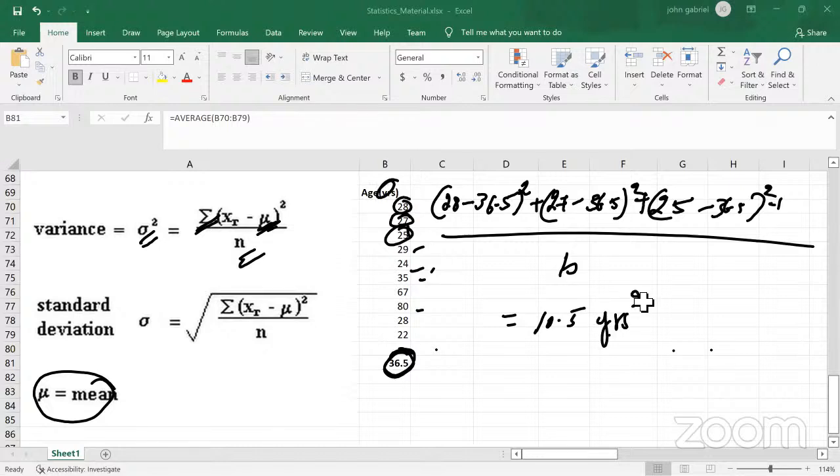Years square I'll be getting, because in the numerator you're squaring it, right? 28 minus 36.5, then whatever the answer, you're just squaring it. Now the unit is nothing but 10.5 years square. Now to make a statement about deviance, do we say 10.5 years square to understand the deviation? Let's say you are traveling between Chennai to